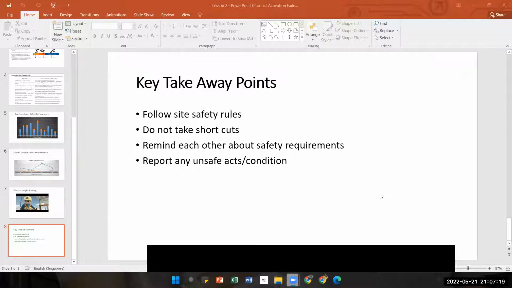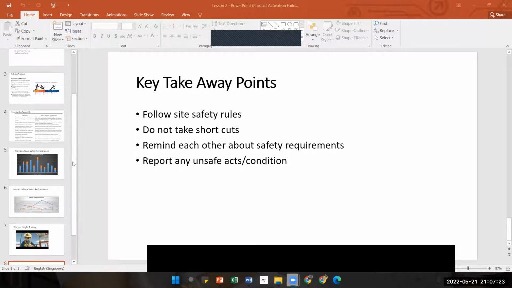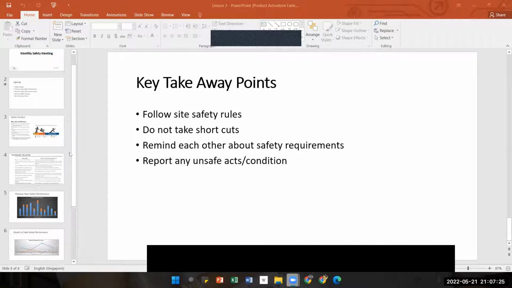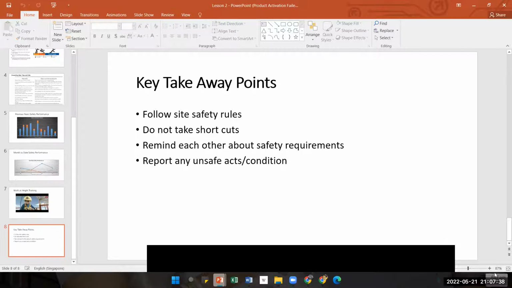Okay, so let's continue. So this is what we learned last week. Now we use the same presentation, and then we will learn how to do the presentation of these slides, and then how we also add some animations and transitions to make it look nicer. Okay, so first thing,